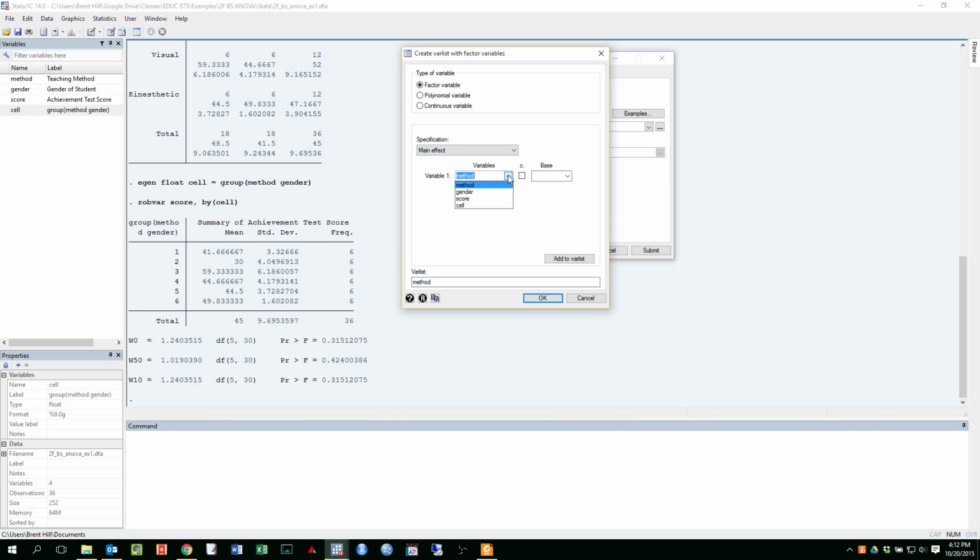Let's do one for gender. Main effect of gender. Let's add that to the variable list. Good. All right. So all we need is to look for an option for interaction, 2-way or 2-factor. So variable 1, let's just put method there. And variable 2, let's put gender there. And this stuff over here, don't worry about this. This is fine. And we'll just click add to var list, and it'll put in that method